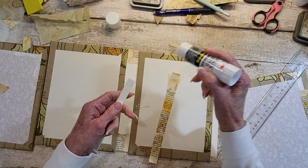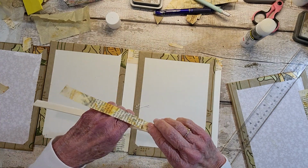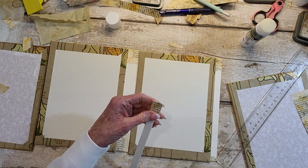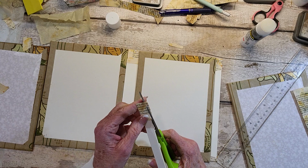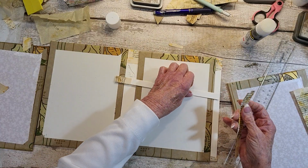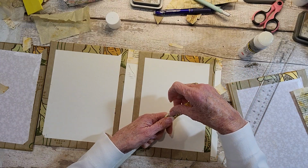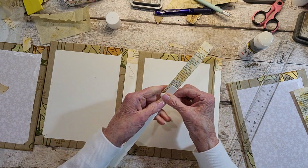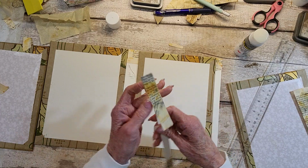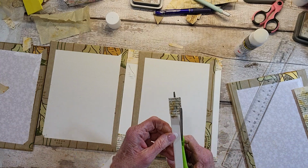So I've been trying to think of different things that I can use in this journal that would be grungy, because it's not usually, I mean, I like to do primitive kind of things, but not grungy. And steampunk, I would never do steampunk. It's just not my thing. I don't understand the concept of it. I know it's industrial and like the Tim Holtz kind of stuff, but I don't even feel like this is grunge is Tim Holtz. I think it's more like just something that looks old,